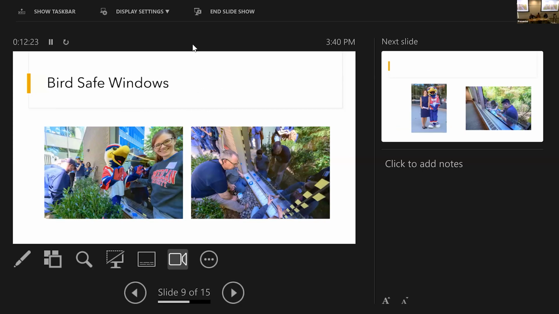So this is not a new problem. Birds have been dying hitting windows since windows were invented. And on this campus, it has been a problem since the campus was built. But in particular, recently, with the beautiful building you're sitting in, which has an incredible amount of glass in it, it has raised the awareness of it through a couple of venues.